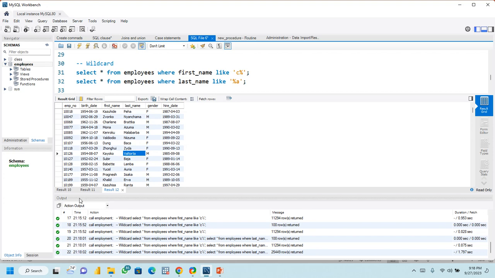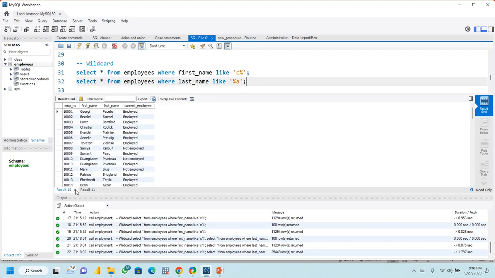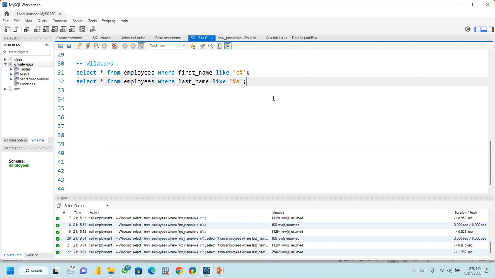Lastly is a case whereby we have in between, whereby we know the middle letters, but we don't know the first, probably the first and the last. So I'll have select all. Of course, you can select specific columns. Select all from employees